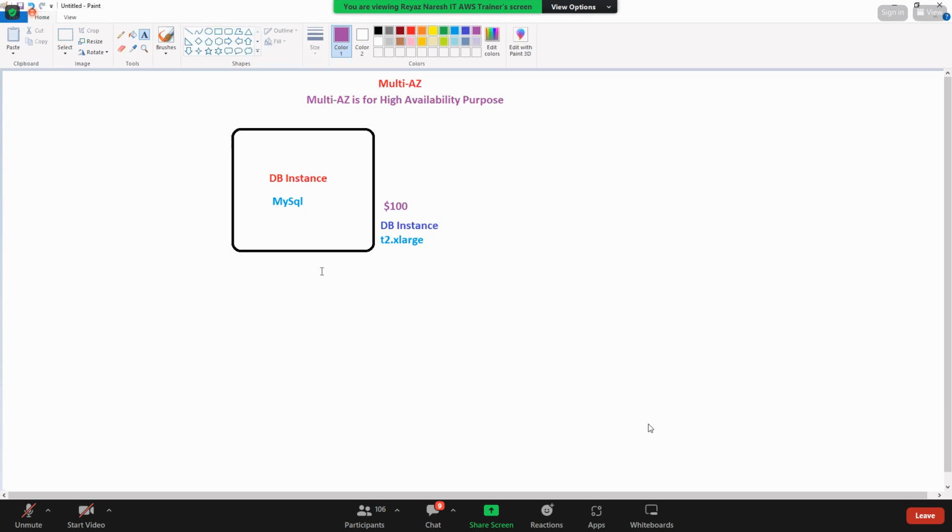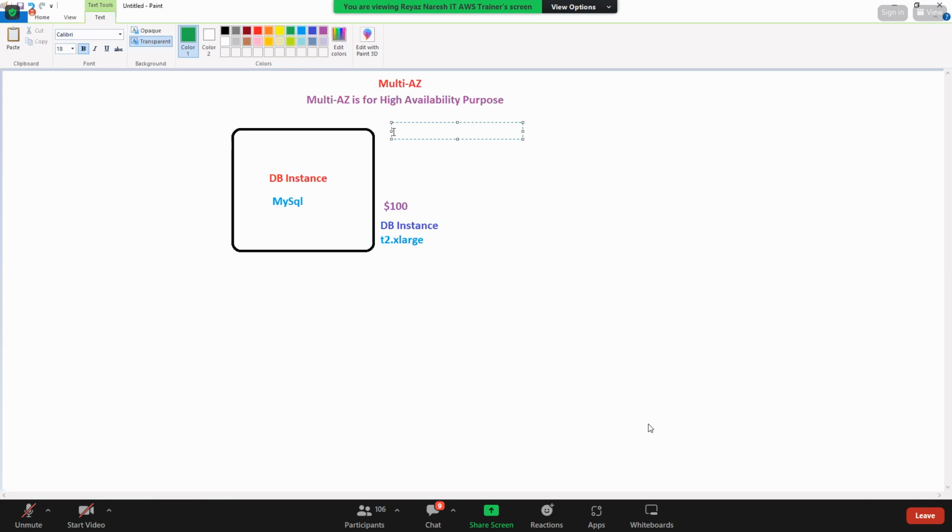You have security groups, VPC, everything is the same. So now you have a DB instance, which is MySQL, T2 X large. There is a concept called multi-AZ. When you're configuring the DB engine, it will ask, do you need multi-AZ?